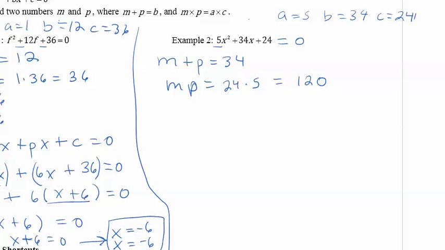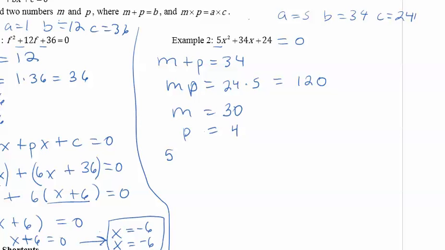Okay, well, if you got your two factors, I got M would probably be 30, and then P would probably be 4, okay? And maybe you got them in a different order. M is 4 and 30 is P. It doesn't matter. So now let's rewrite our original equation in standard form, but now instead of using B, we're going to use the coefficients M and P,